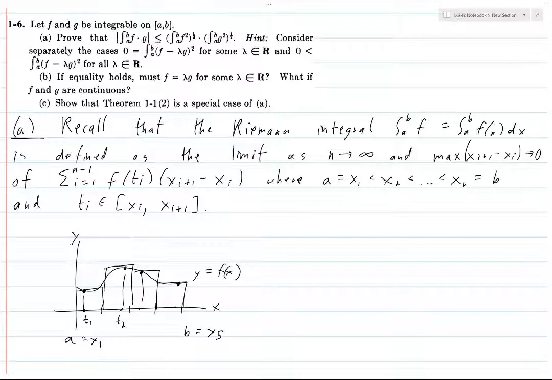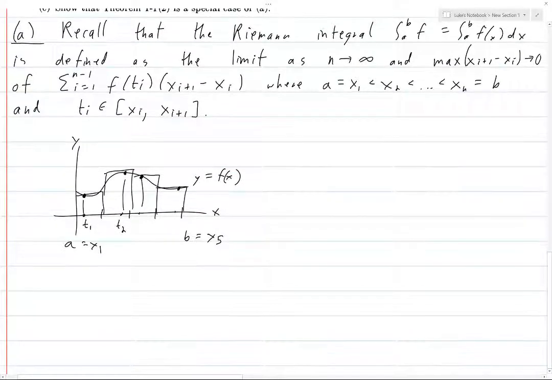So having done this, we want to prove this inequality here, and it says to do it this particular way, looking at the integral from a to b of (f minus lambda g) squared. We're not going to do that, because I don't really understand how you would do that or why it would be useful. My impression is that it's going to look something like the proof of theorem 1-1, 2, which is mentioned later on in the exercise here, and we actually end up using it as well. So anyways, with this setup, what we're going to do